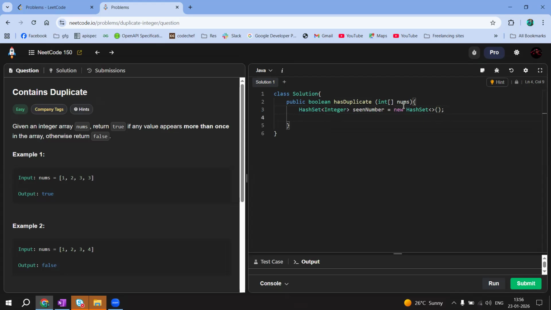Correct. Next, we iterate through the numbers, so for int num, it's not declared yet, so int